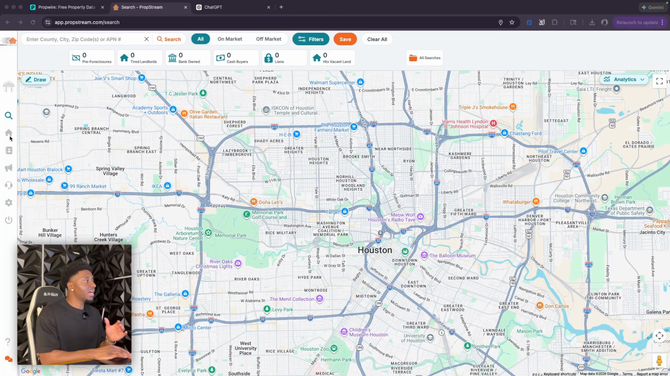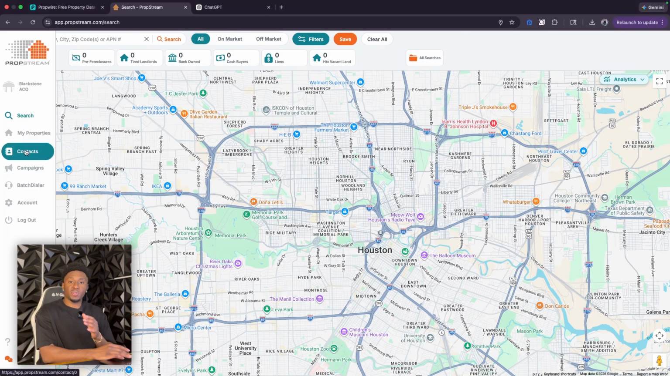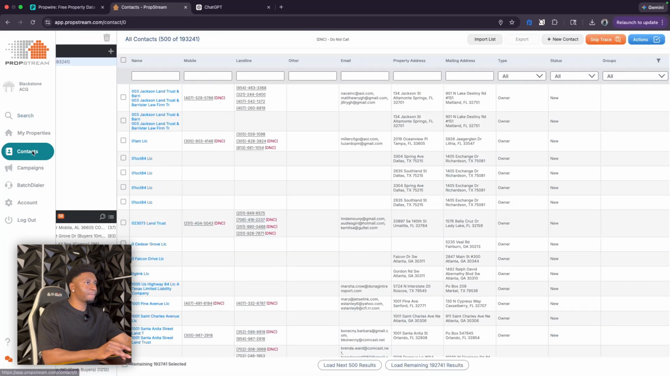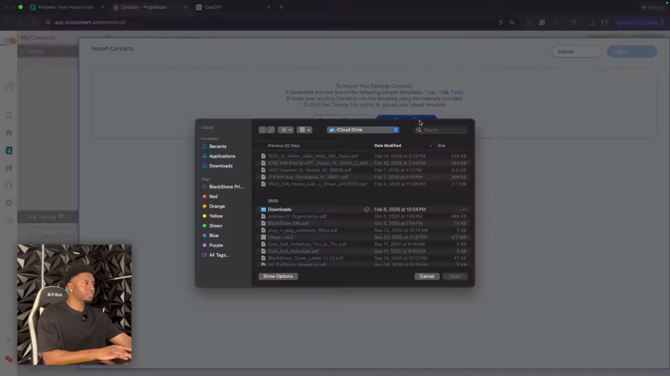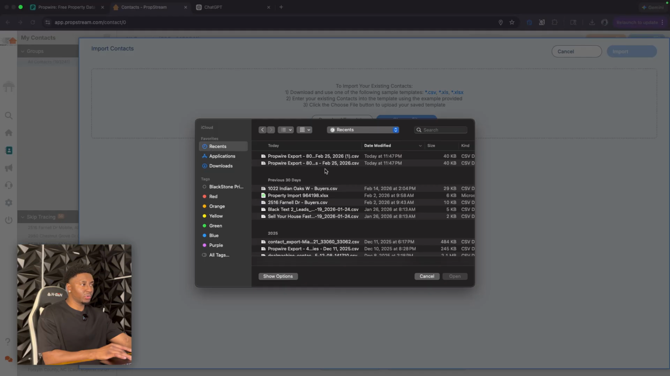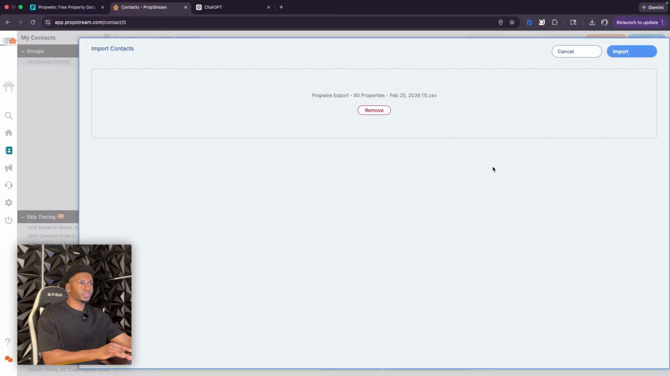So I'm going to show you guys how to upload that list here on PropStream. And guys, PropStream does cost about $100. I think we have the enterprise account, so that costs a little bit more. But you would select the contacts right here. And then you would go to import list, okay? You would choose the file, go on your recents. It's going to say the PropWire export that you just pulled. Once you open that,